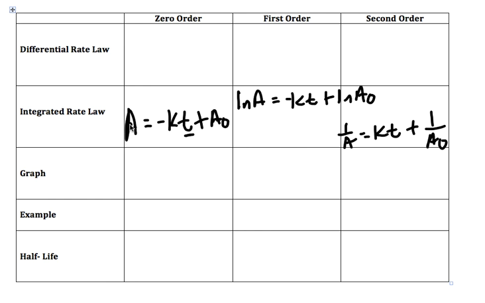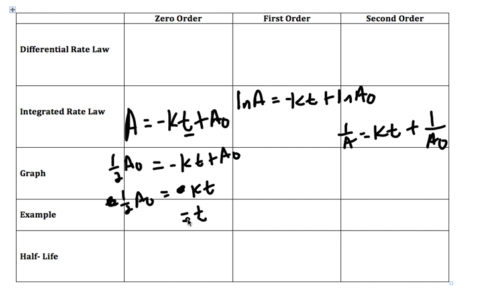So what would I do for A? I would do half of A naught, 1/2 A naught, because that's what we're trying to solve for. How long before half of my original concentration is gone? Okay, so that's the first step. And now if I subtract A naught from each side, that gives me negative 1/2 A naught equals negative kt. I'm just going to divide both sides by -1 and get rid of that negative sign. And now if I want to solve for the time that it would take to do that, I'm going to take both sides divided by k,